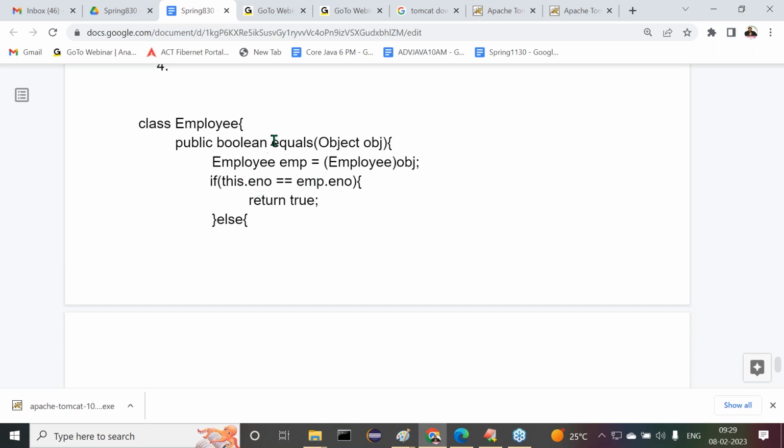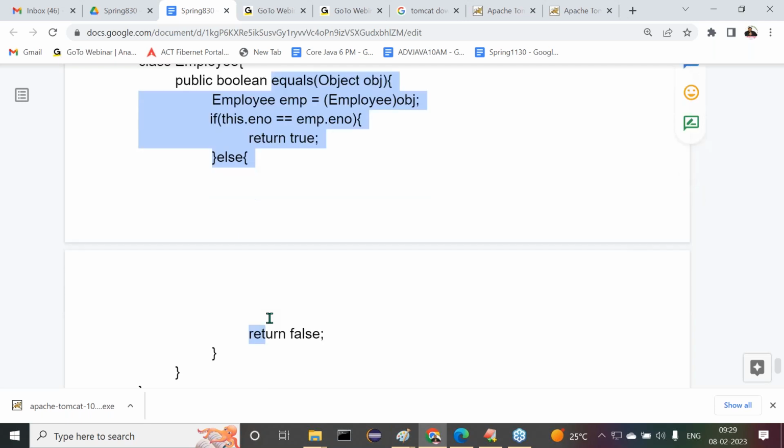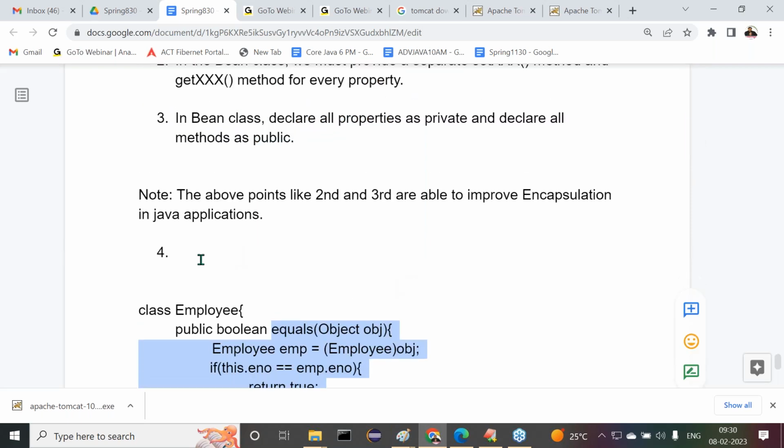See, now tell me, who has written this total logic? No, developer has written this total logic or not? Who has written this total logic? No, developer here. So the point here, what I'm telling to you about the Java beans,